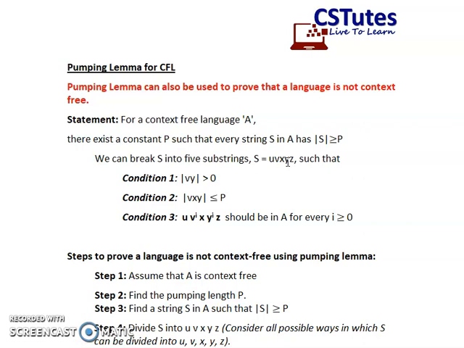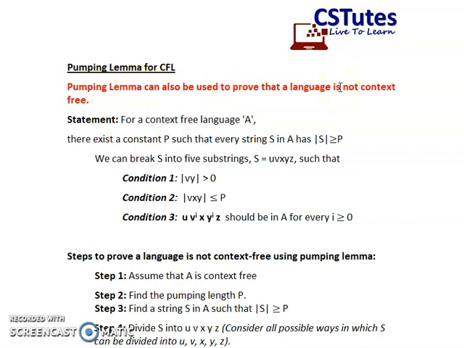Continuing the video series on pumping lemma, today we will discuss the pumping lemma for context-free languages. In our previous video, we used pumping lemma to prove that a given language is not regular. In this video, we are going to learn how we can use pumping lemma to prove that a language